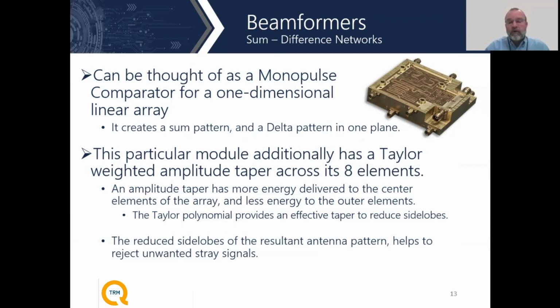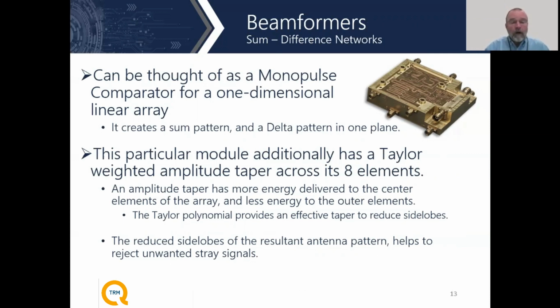Therefore, we want to make sure that the plane is flying directly towards the runway and not flying off the side of it. Therefore, this particular system wants to make sure that the plane is indeed pointing at the runway as it's coming in and being approached. Therefore, this is a very good application for this type of beamformer, sort of a one-dimensional one, because all we really care about is that yaw plane, making sure that the aircraft is coming in perpendicular to